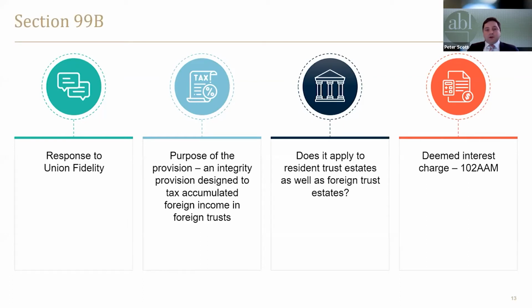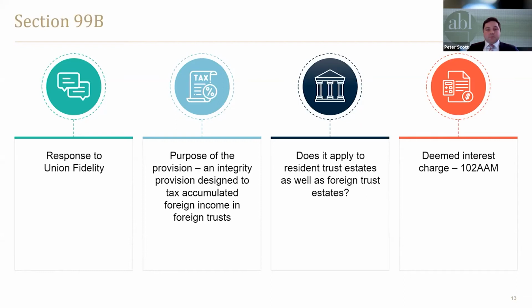But following that decision, section 99B was introduced alongside its companion, section 99C, and these provisions were introduced to stop Australian residents accumulating income in foreign trusts and then subsequently distributing that amount as untaxed capital in future income years. However, as we will see, it's clear from the broad drafting of these provisions that they cover many circumstances that go far beyond the original integrity concerns to which the